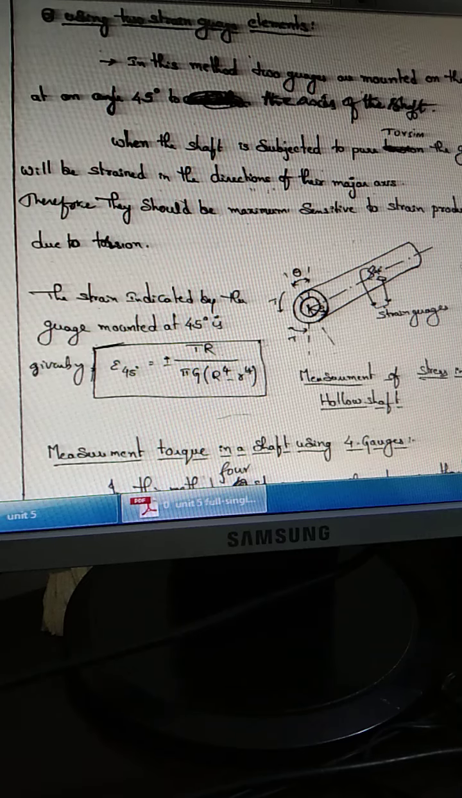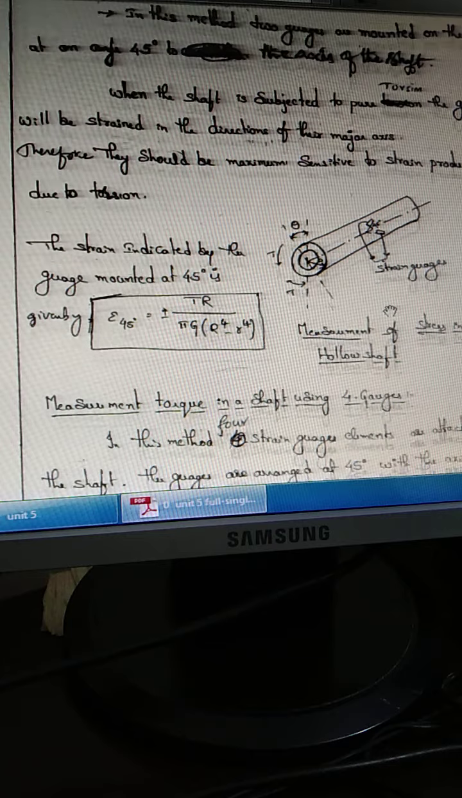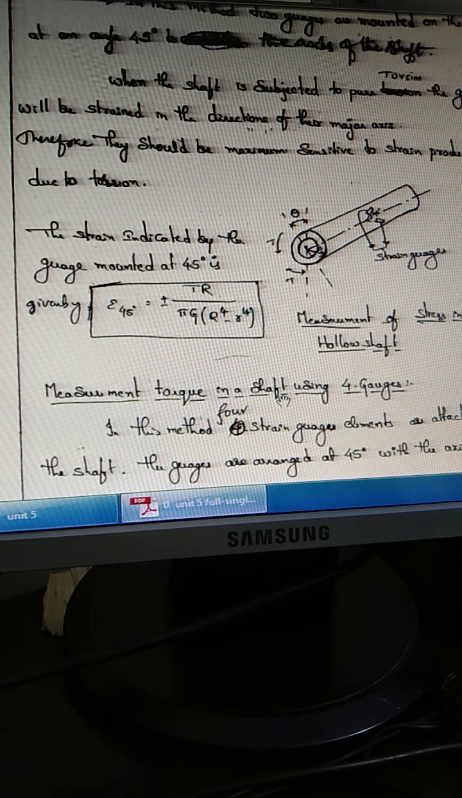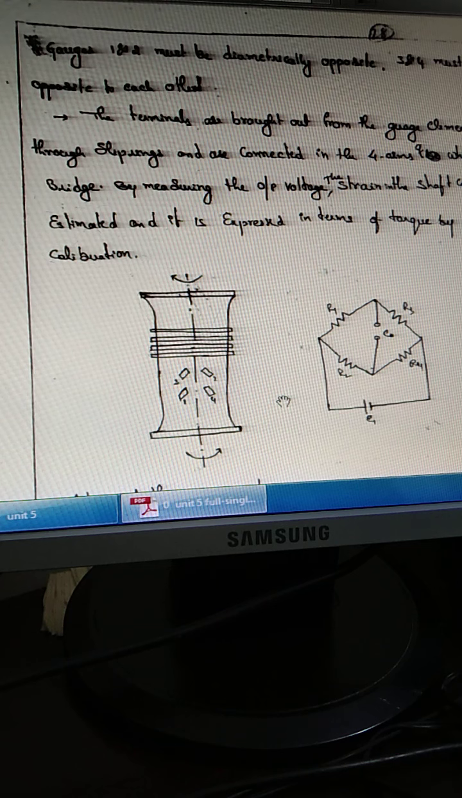This is about measurement of torque using two strain gauges. Then coming to measurement of torque using 4 strain gauges. In this case, 4 strain gauge elements will be used, and these 4 strain gauge elements will be attached to the shaft such that if the shaft is rotated in one direction, say anti-clockwise direction, 2 strain gauges will be experiencing positive strain, another 2 will experience negative strain,